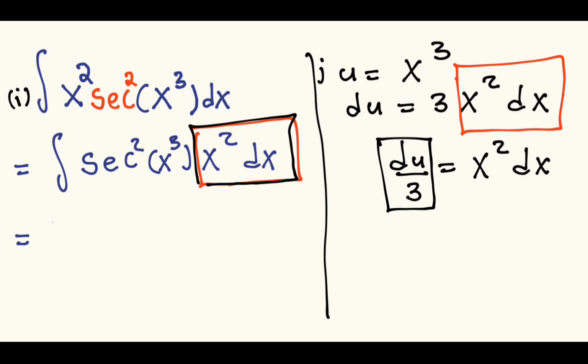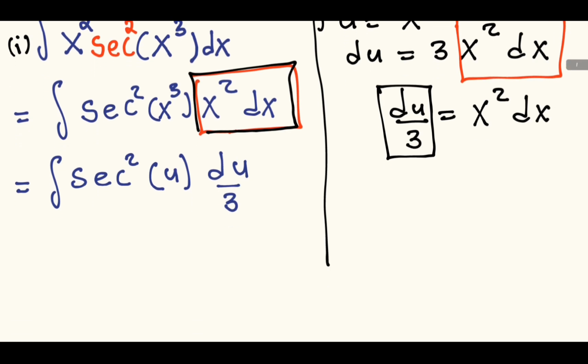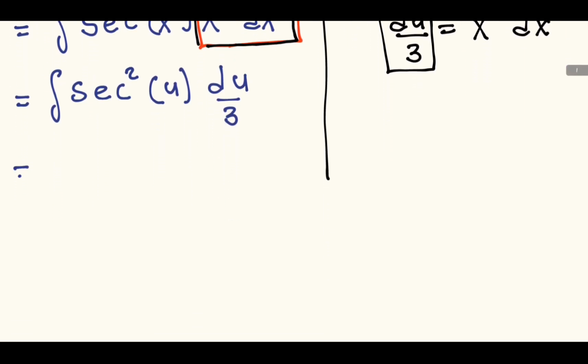So our integral will be the integral of sec squared. So we say that x cubed is equal to u. So in the place of x cubed, we substitute the u. And in the place of x squared dx, let's substitute du over 3. We rearrange our integral as, so we take this 1 over 3 out of the integral because it's a constant, and we'll be left with sec squared u du inside the integral,